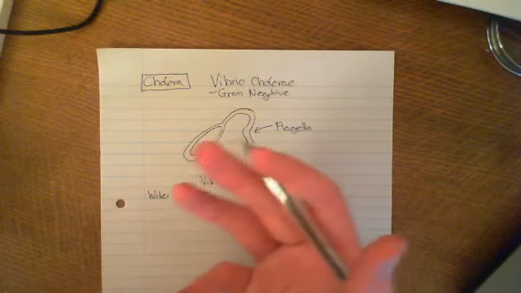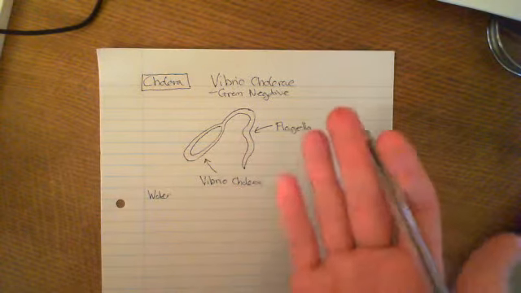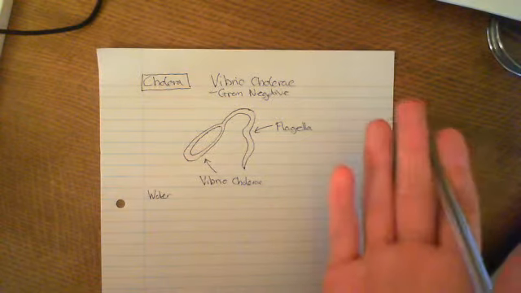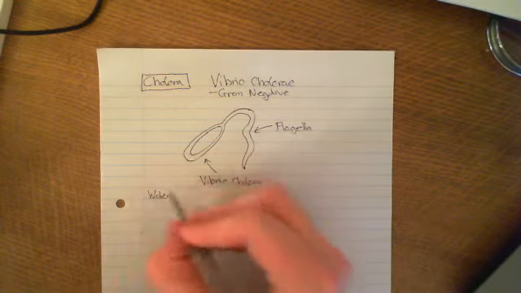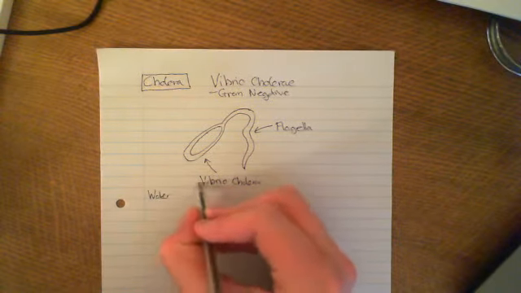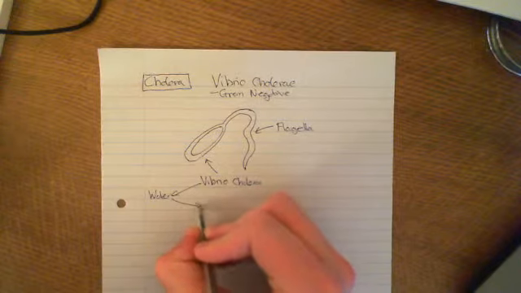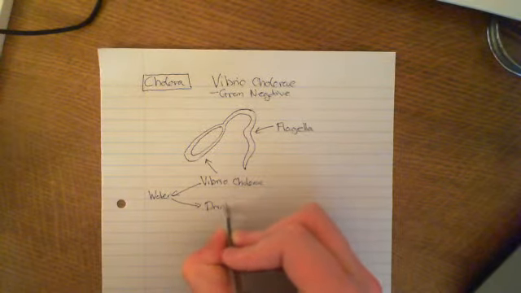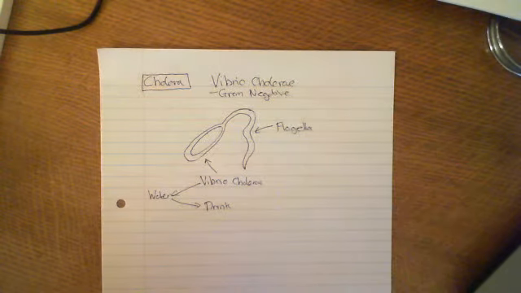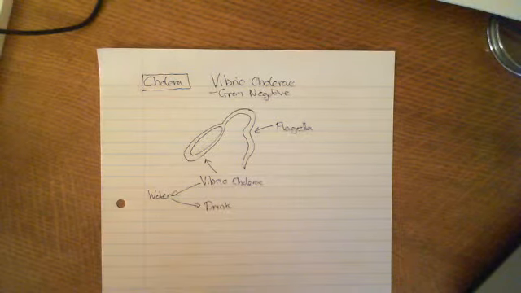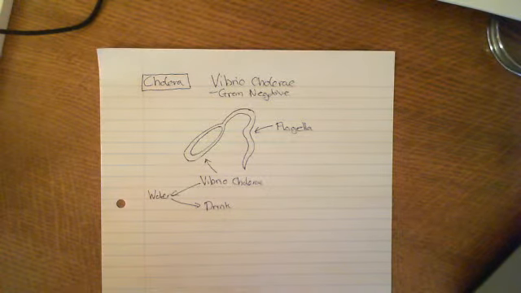If someone who has cholera has their feces end up in the water, and then someone drinks that water, they're going to get cholera. So the Vibrio cholerae is within the water. If someone drinks this water, first it goes into the oral cavity, then down the oropharynx, into the laryngopharynx, then down the esophagus, into the stomach, and then through the pyloric sphincter into the duodenum,